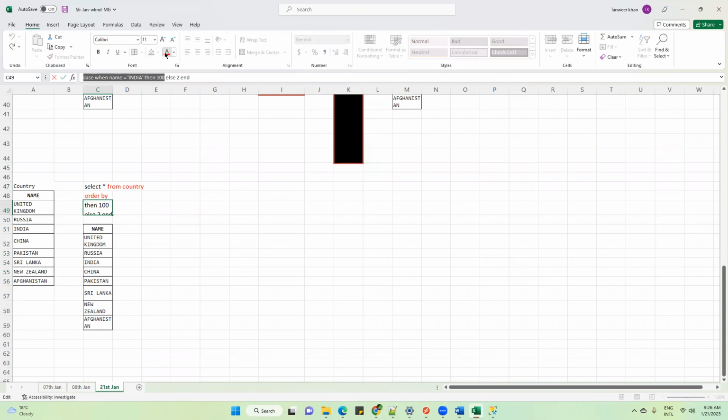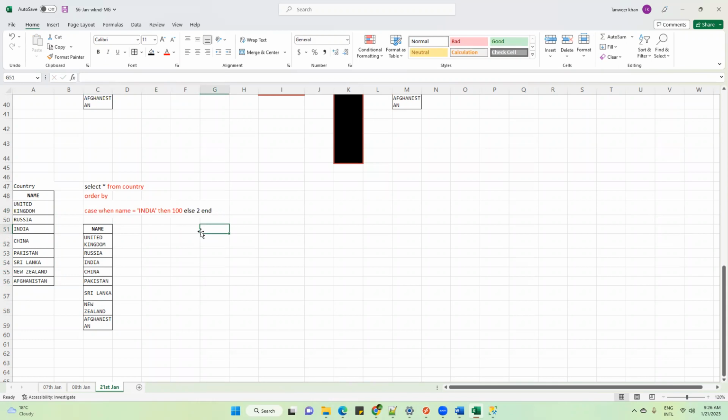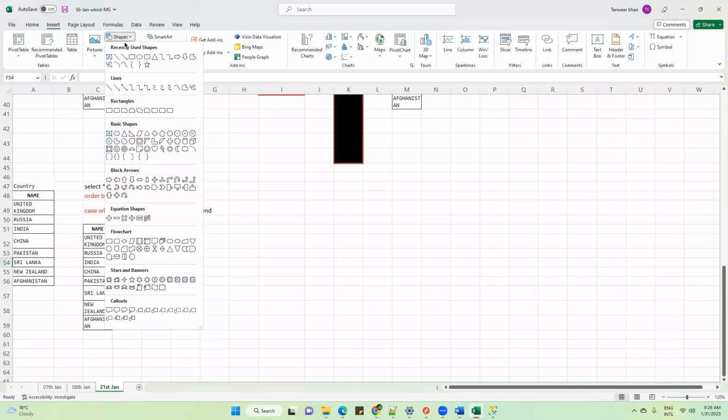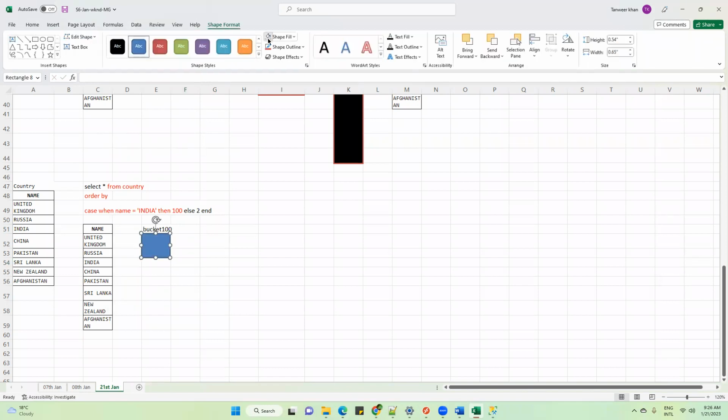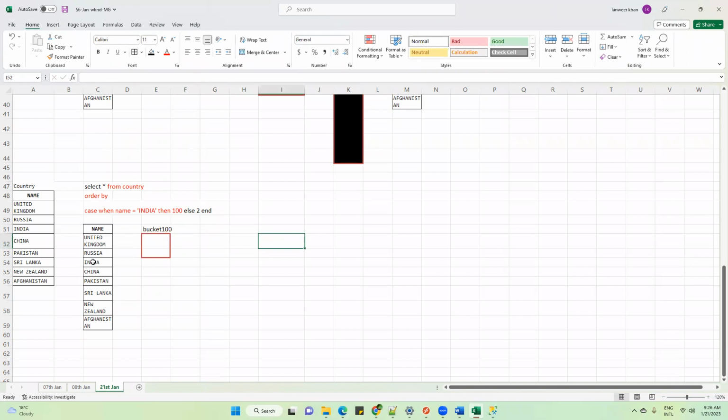From this, you are telling the SQL engine to create a bucket with the name 100 and keep India within this.